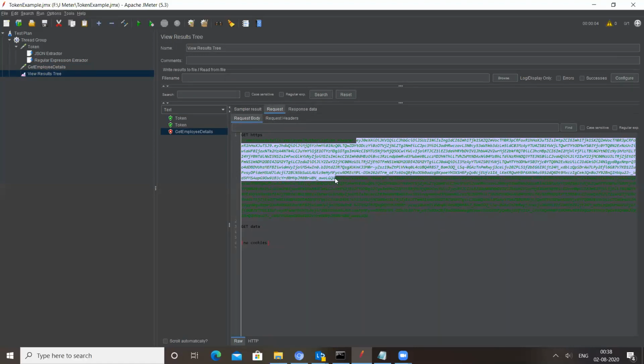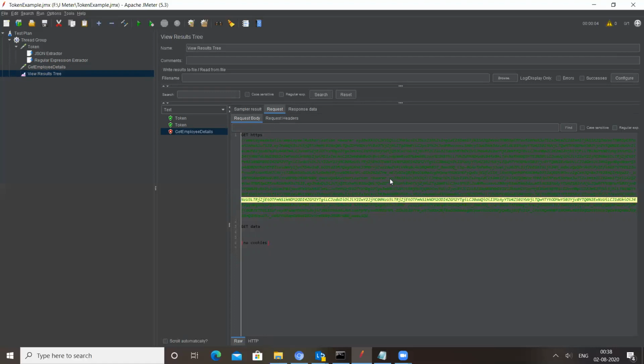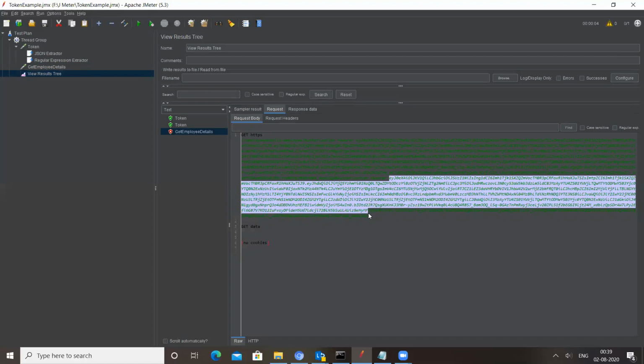So we can see that by using the JSON extractor, this value got assigned. And then this is the second parameter, the authorization, and here we used the second variable, which we extracted through the regular expression extractor. So in this way, you saw that by using both ways we have extracted the token information.